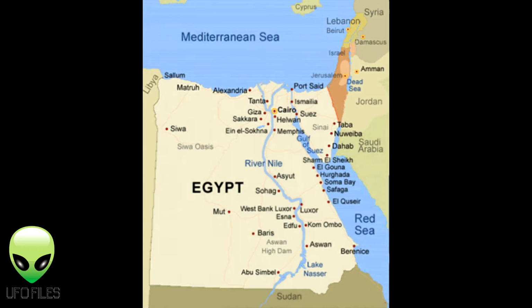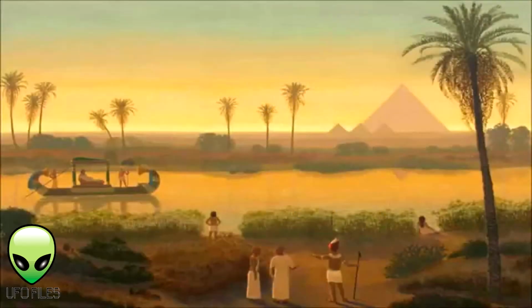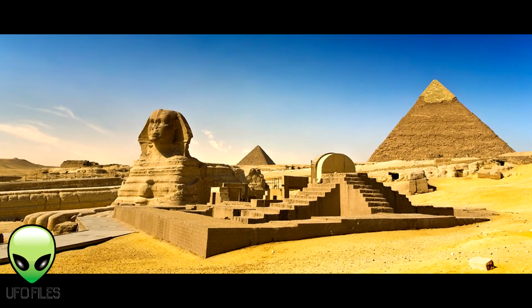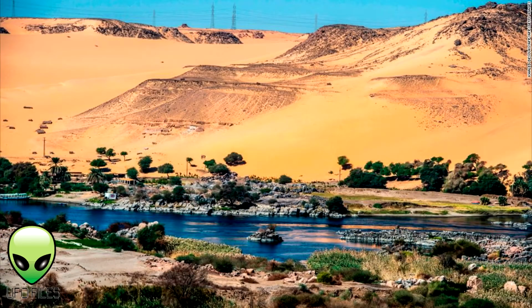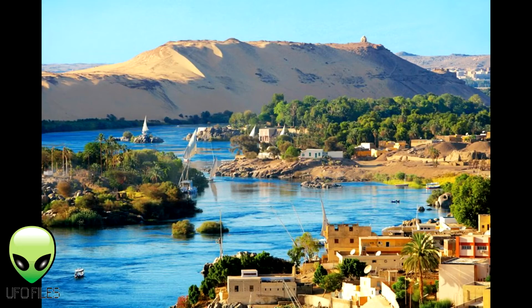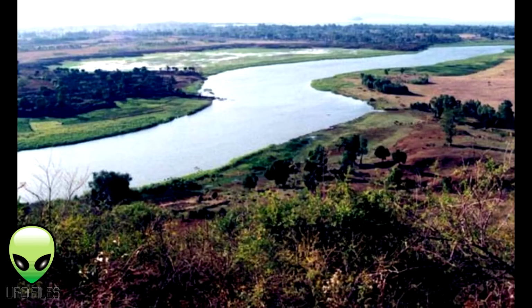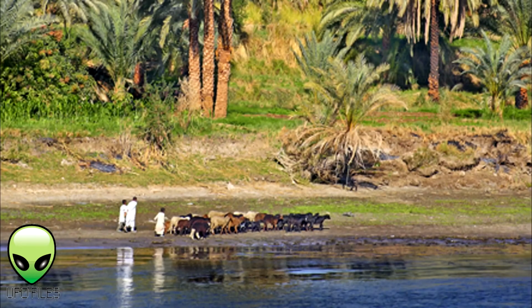It was fertile enough to give rise to the early Egyptian civilization, dating back over 5,300 years ago, and it is still home to the Great Pyramids and the Sphinx of Giza near Cairo. This is because most of Egypt is desert, but along the Nile the soil is rich and good for growing crops. The waters of the Nile made it possible for people to turn an arid desert into fertile land and sustain life. This made such a strong influence in Egyptian daily life and also had a big impact